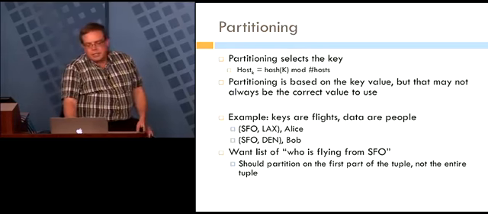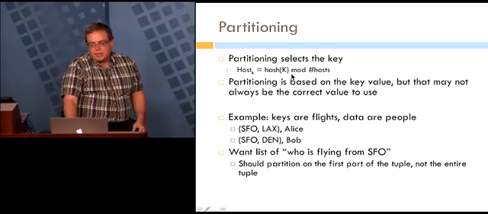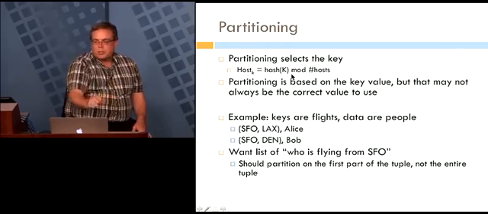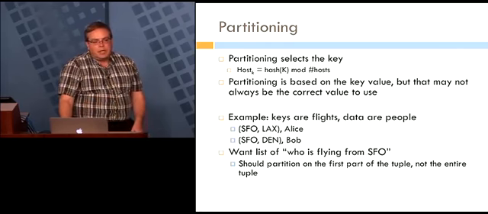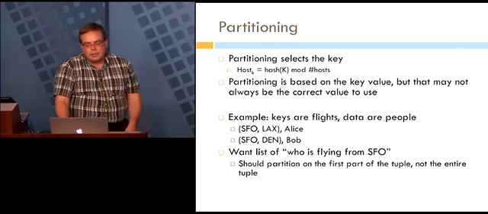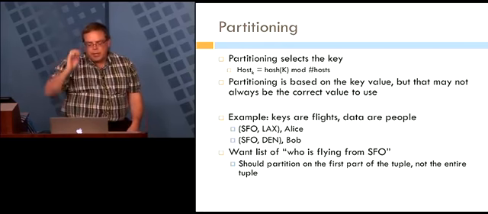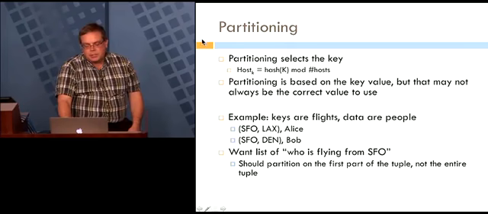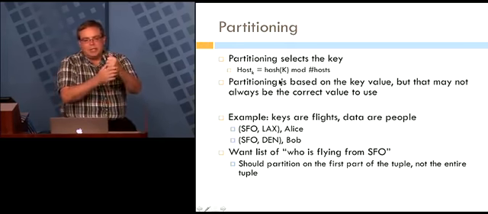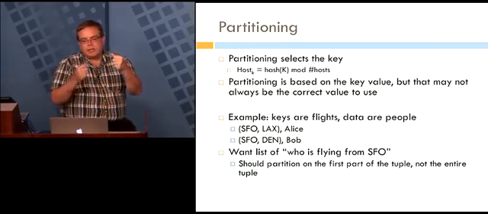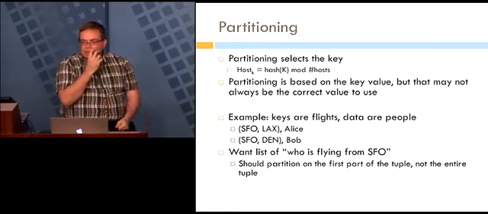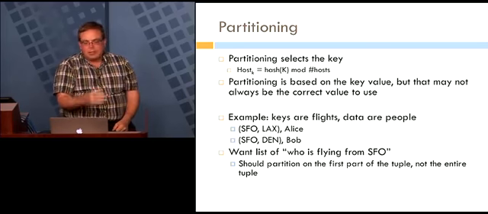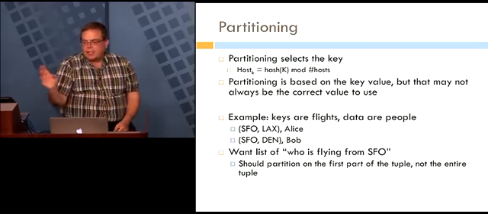And so partitioning is this phase where you're selecting what output host node a given key value should go to. And so there's a default partitioner, which is the hash partitioner, and it just does this. It takes the key value, and in the Java world, for any object, there's a way to compute a hash value for a given object, and so it just computes that and does mod the number of